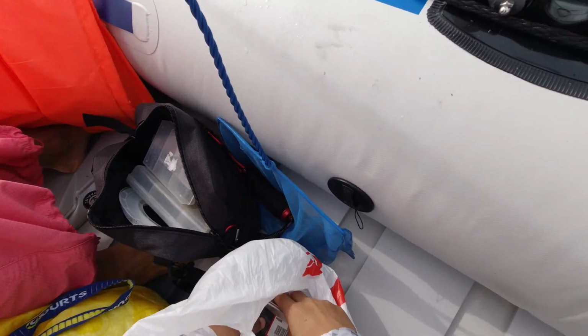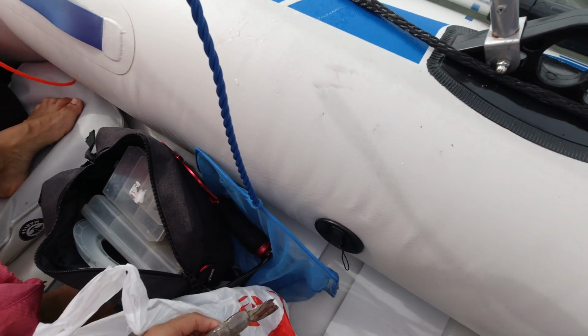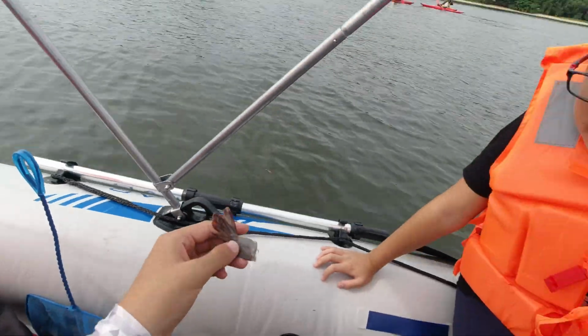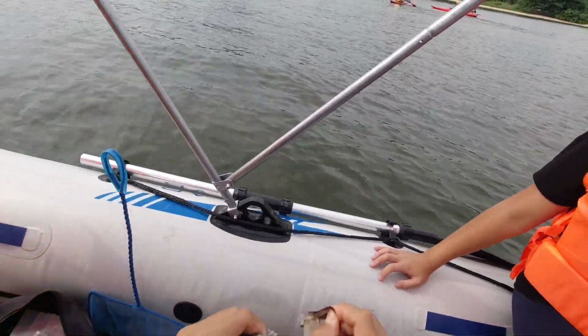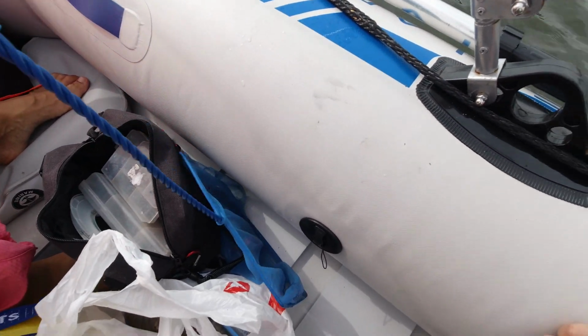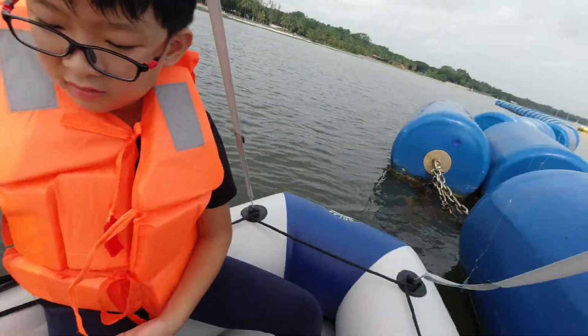Okay. We're going to get Fair Price prawn. You guys know I love Fair Price prawn because it's Fair Price prawn. So unpeel it, cut it in half, and we'll hook it on the